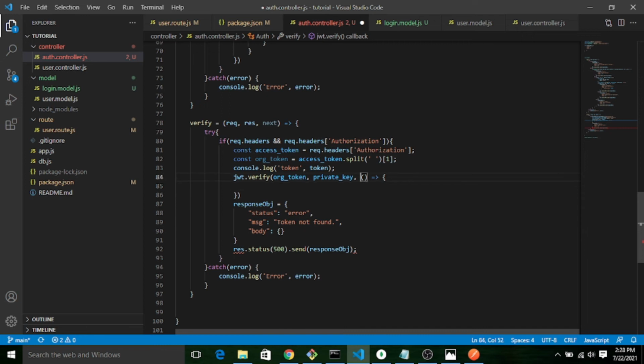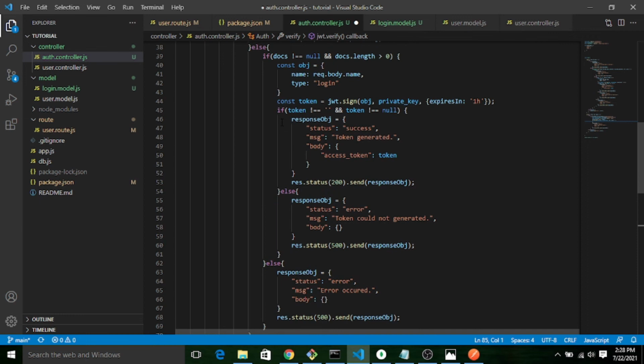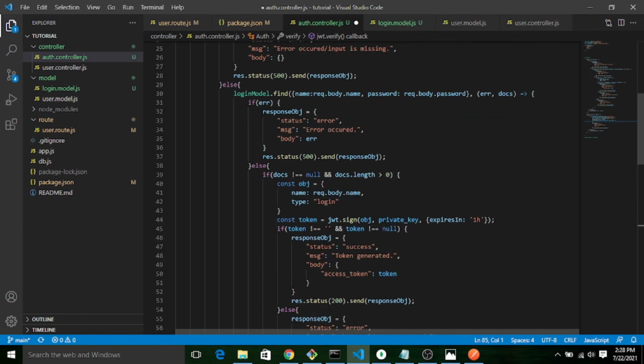So here let me declare the callback error. So same, we will check if error, if not error. So let me copy from above. If error, we will send the error response.